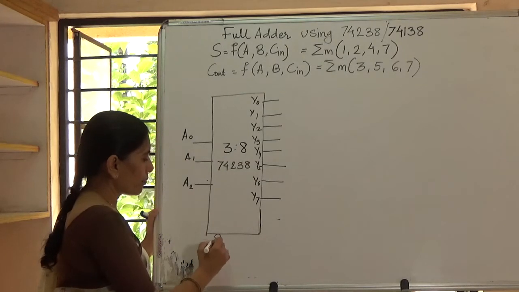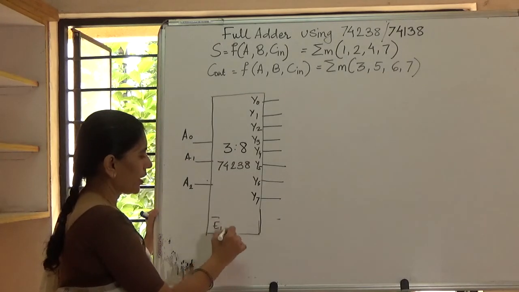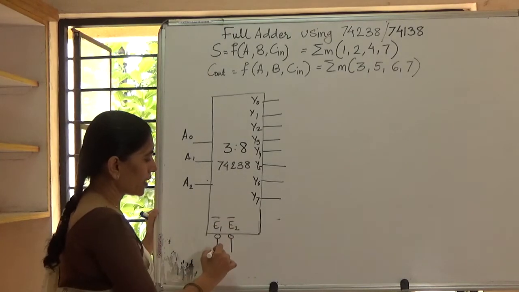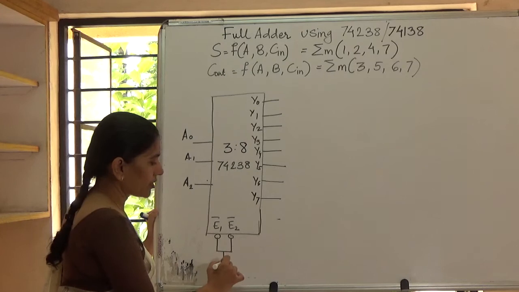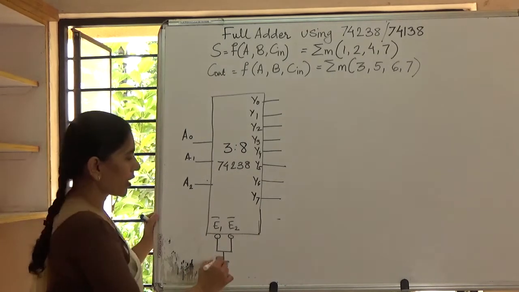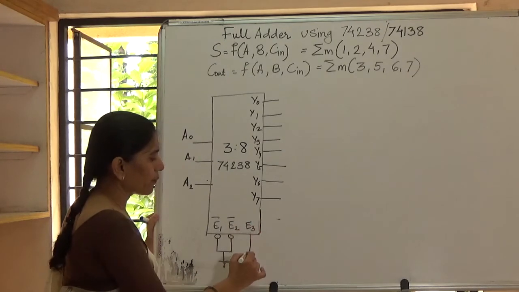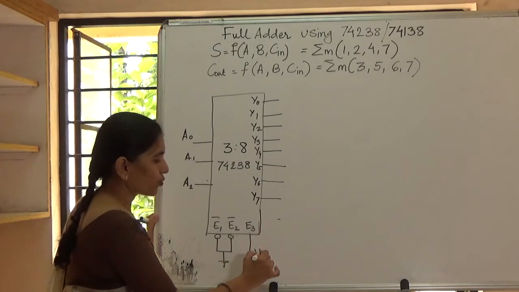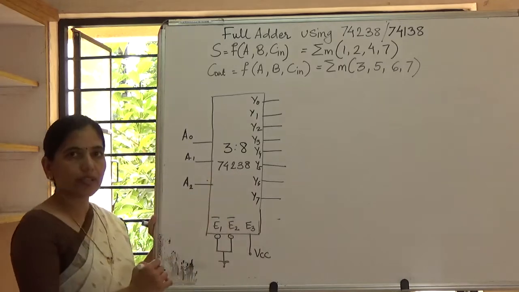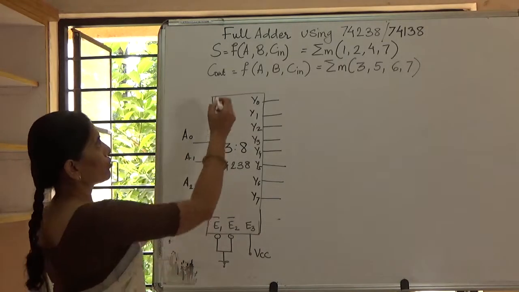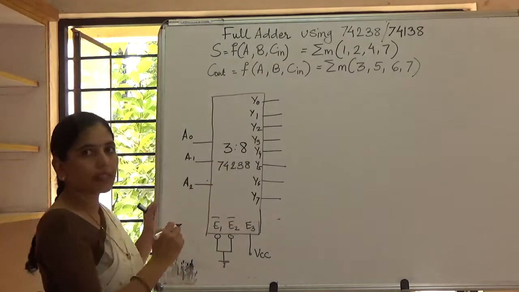So it has 2 enable lines, E1 bar and E2 bar. Because they are active low enable lines, both of these are connected to ground. The third is an active high enable, which is E3, and this is going to be connected to VCC so that the decoder is enabled. Now we connect the 3 inputs which are to be added, that is A, B, C